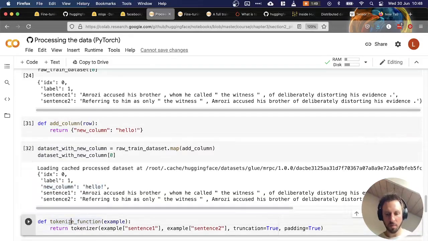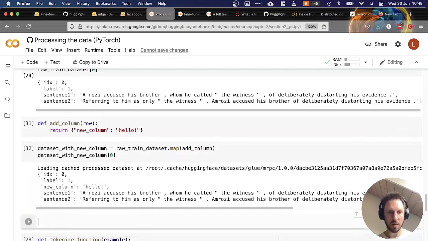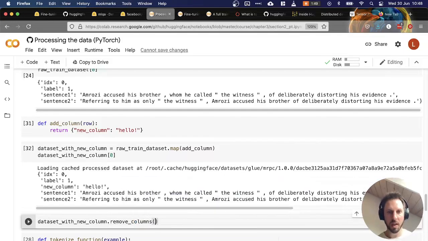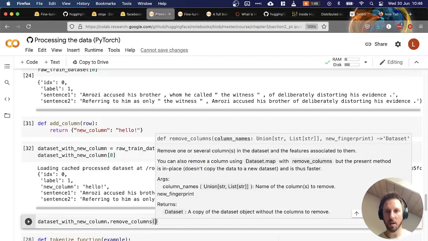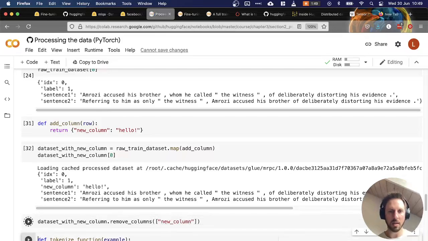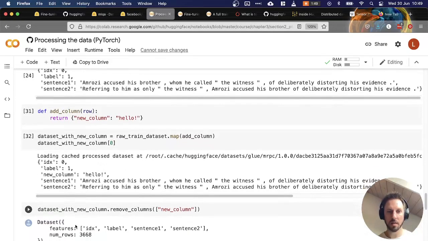If I want to delete the column, then what I can do is I can remove columns. And then here, I just need to provide a list of column names. So I could provide new column, and then this will delete the new column and recover back the original data